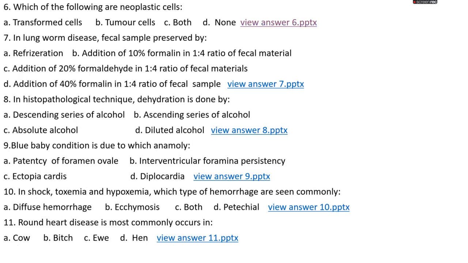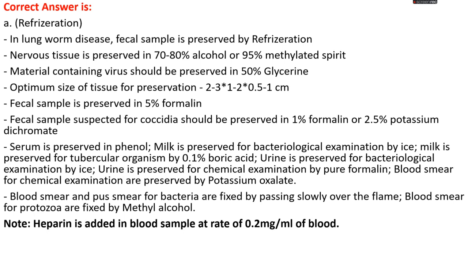Okay. Question number 7. In lungworm disease, the fecal sample is preserved by: option A, refrigeration; option B, addition of 10% formalin in a 1:4 ratio of fecal material; option C, addition of 20% formaldehyde in a 1:4 ratio of fecal material; or option D, addition of 40% formalin in a 1:4 ratio of fecal sample. The right answer is option A, that is refrigeration. Okay. In lungworm disease, the fecal sample taken for diagnosis is preserved by means of refrigeration,